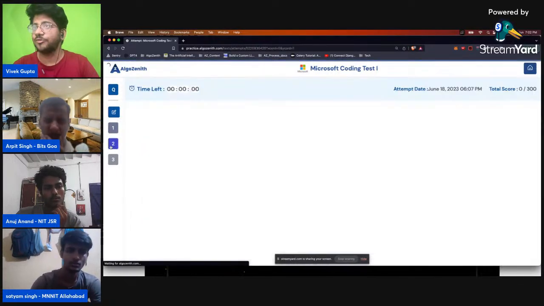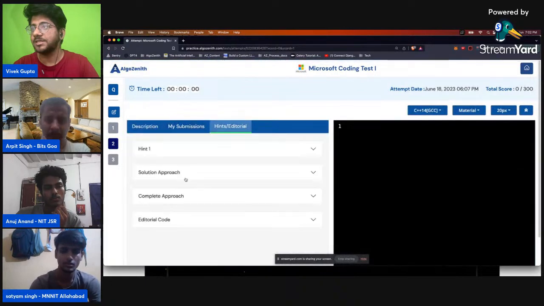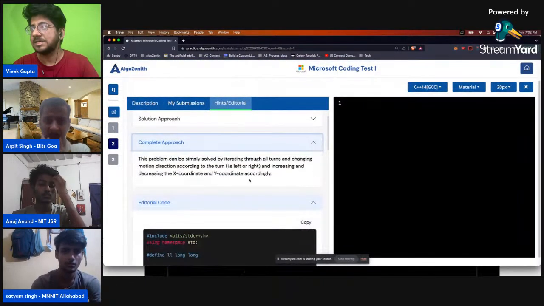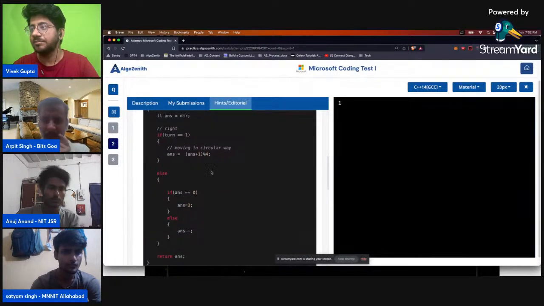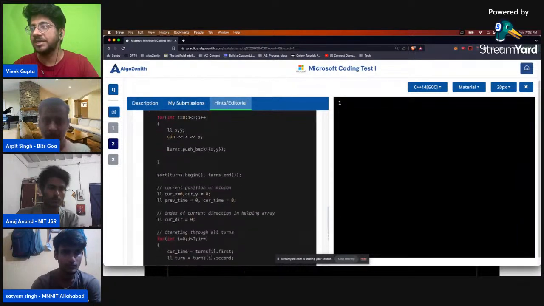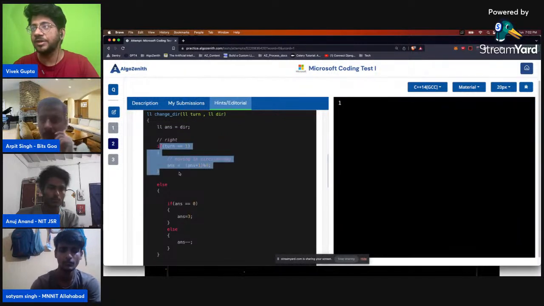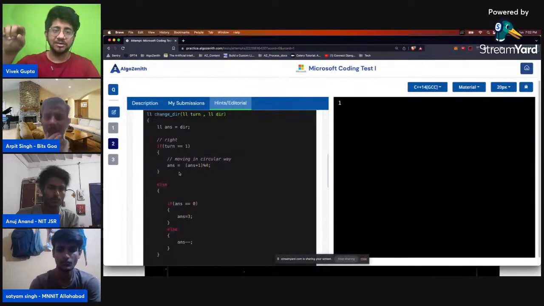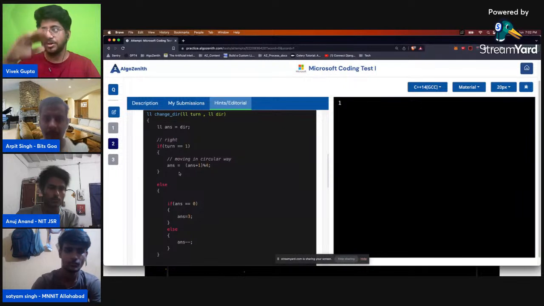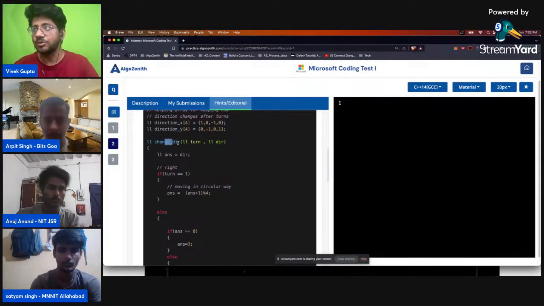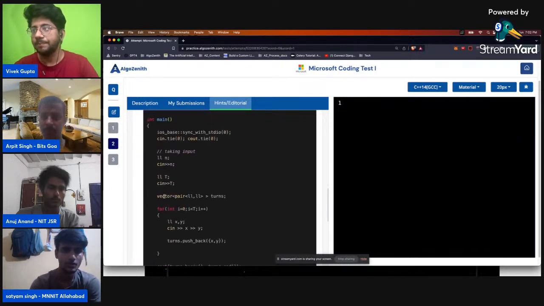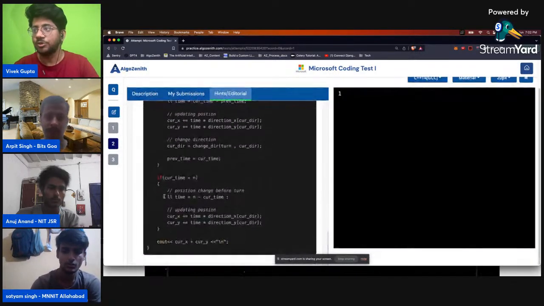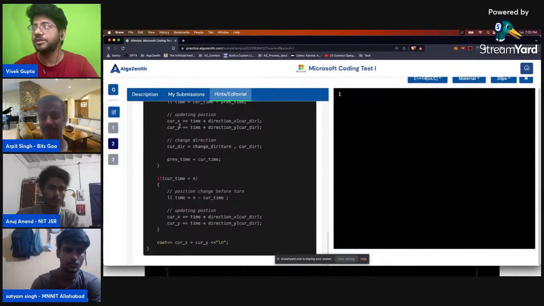For problem number 2, we had seen this. Basically, you can simply simulate. This is basically direction vectors and moving in directions. This is how you maintain it. There is a very nice thing maintained over here: you maintain the direction cyclically. If you go right, then you come back to the same thing. So this is how you change direction. This is another interesting way to maintain direction. And this is basically a simulation code. I think Anuj has also written it this way.